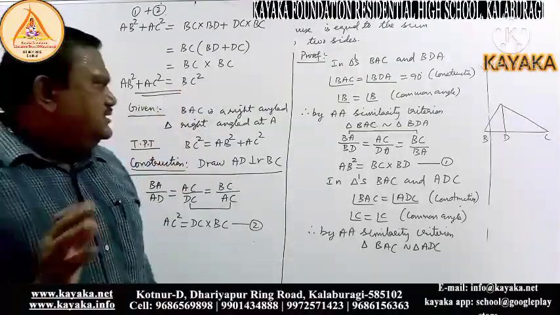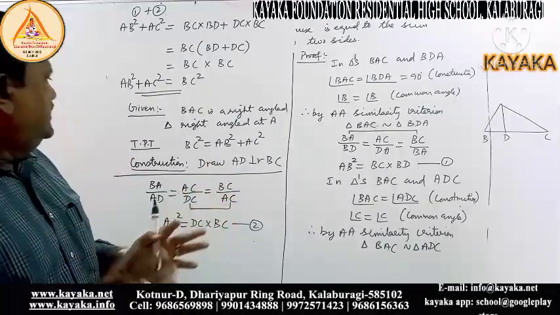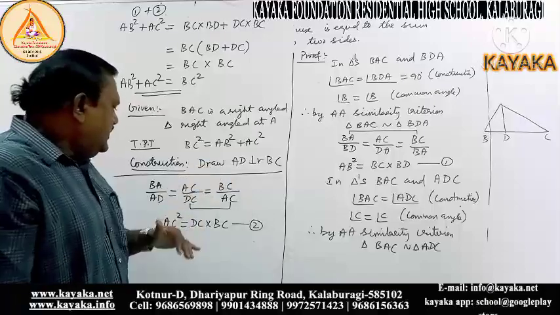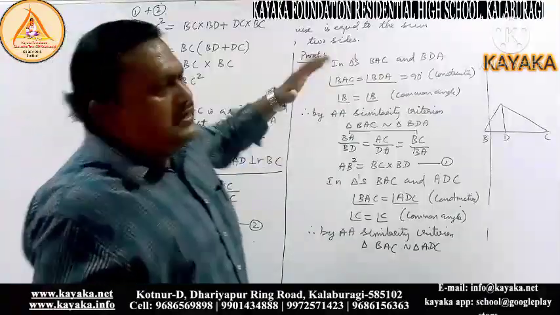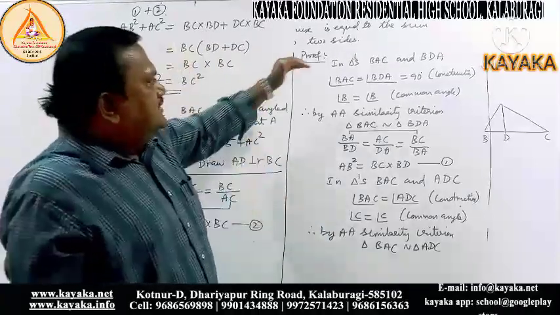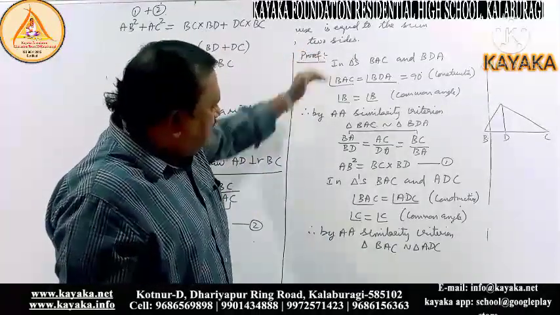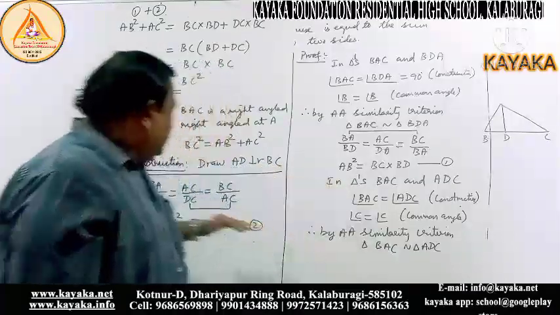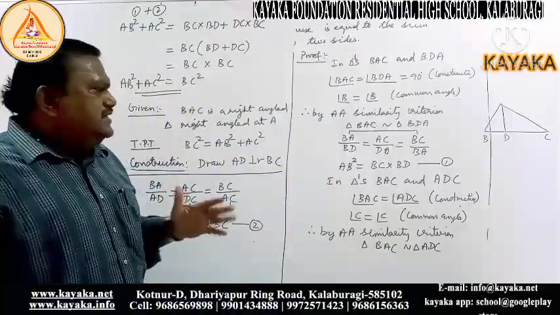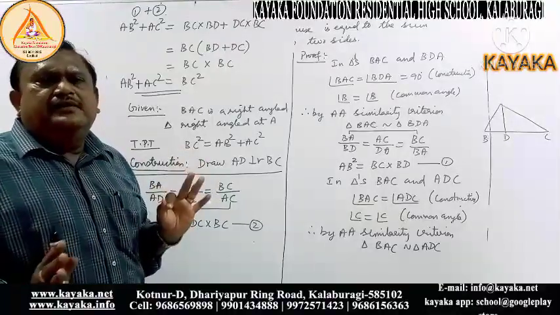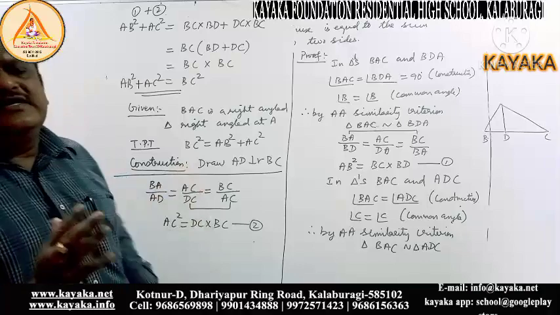Dear children, see how many steps you only think. Just to prove that, we have given the construction part, and now only 2 steps. You will get 4 marks in your board exam. Starting from here till here, it is the first step. Starting from here till here, you will get the second step. Then just adding both, you will get the proof. It's very simple, you can do it and study nicely.